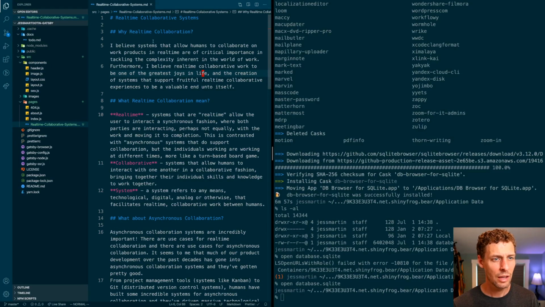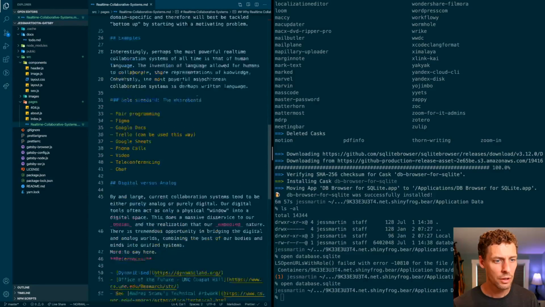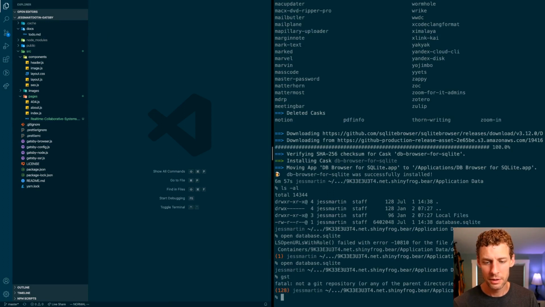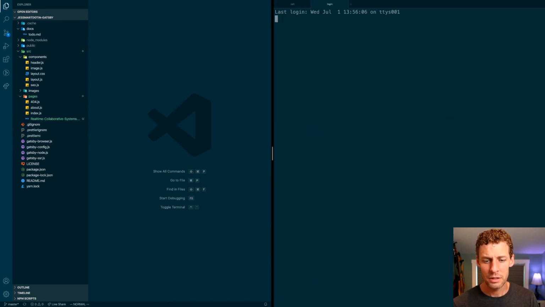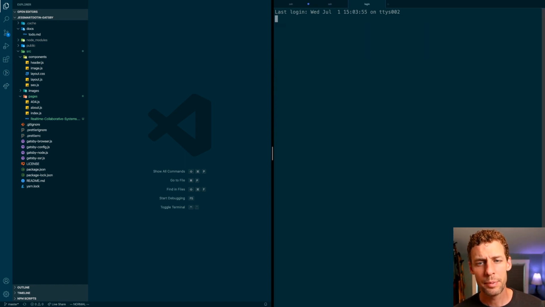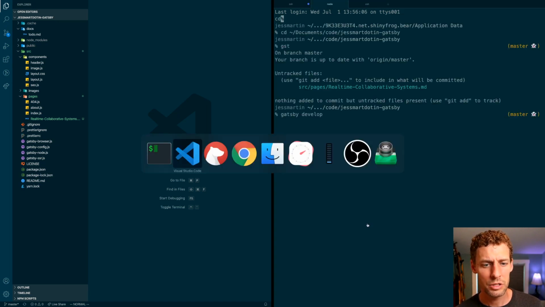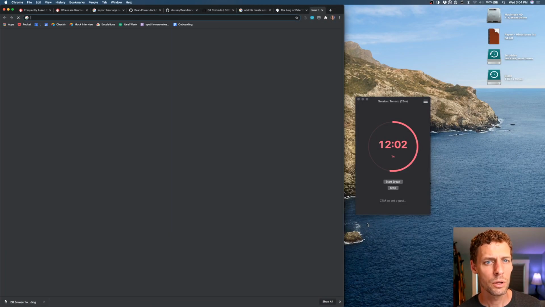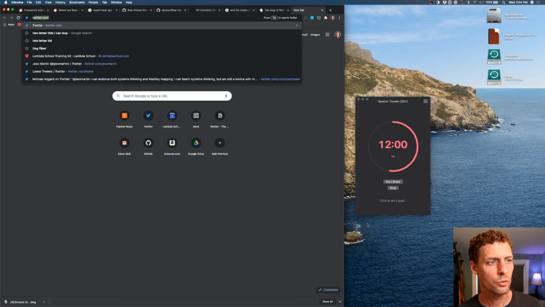Oh, saving, interesting. Prettier, I guess I have Prettier set up to work on markdown files as well. Okay, that wasn't what I expected to happen. Let's see. cd Documents, code, Jess Martin Gatsby. Okay, we got this new file. We need to do a Gatsby develop. I think this will blow up because it's got a new kind of file in there that it doesn't know what to do with. So while the Gatsby develop is beginning, I'm going to search for Gatsby